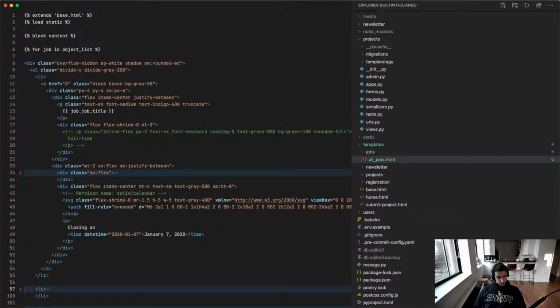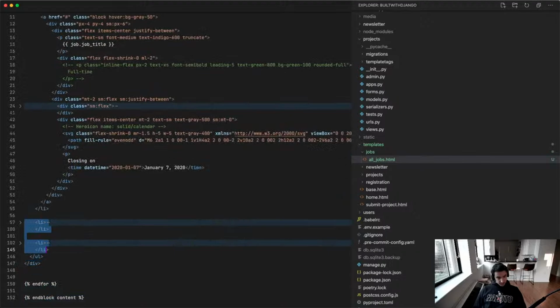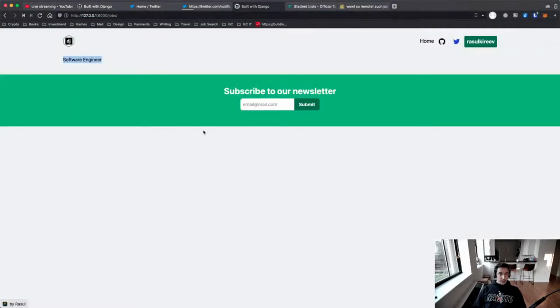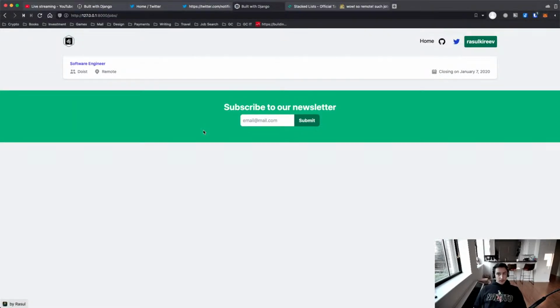I am going to remove this. And I will reload my page to see how it looks like. Doist Remote. Yes, I like this. I really like this. I don't like this, it's too big. Too damn large. What do I do with this? Well,